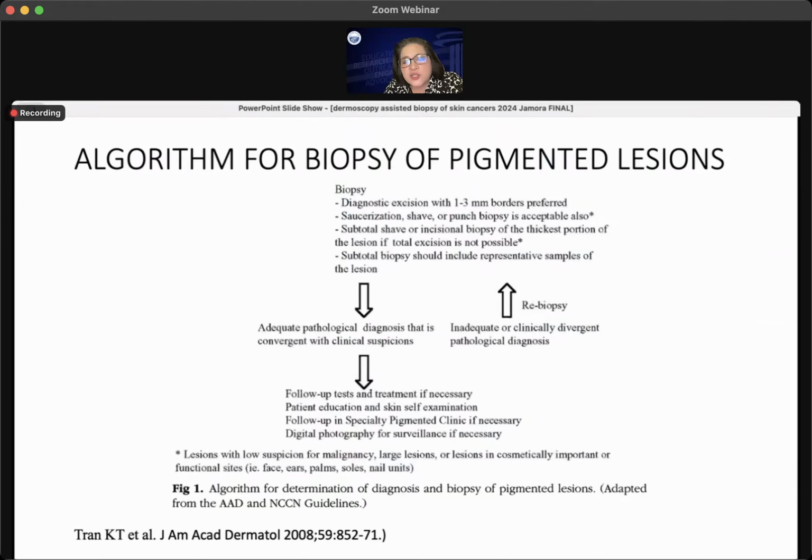and we'll talk briefly about the preferred methods of skin biopsy for these pigmented lesions. So if you have a lesion that is suspicious for melanoma, the most ideal biopsy technique is excision with 1 to 3 millimeter borders. We'll also talk about saucerization, shave, and punch biopsies. Or if it's a large lesion, you can do incisional biopsy on the thickest portion. And we'll also talk about the dermoscopic features that you can use to maximize your biopsy. So if your specimen is adequate, then you get a confirmed diagnosis,